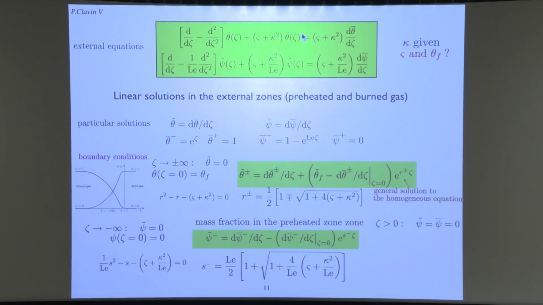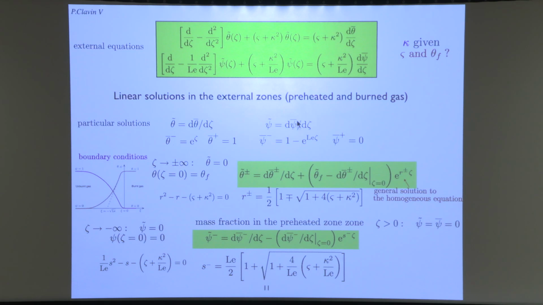And now it's clear that the result is simply that this particular solution is a derivative with respect to space of the unsteady solution. This is a particular solution of the problem. Now, this problem is written outside the reaction sheet. Now, what you do